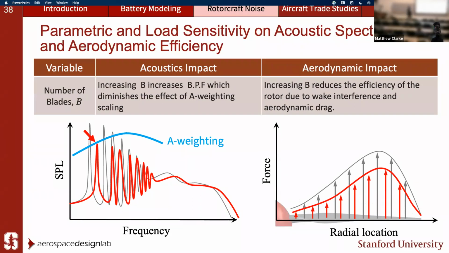Because if you look at the A-weighting scale, which is the perception scale, essentially applying a human perception to natural sound, you see here that for the old spectrum, the A-weighting is able to subtract a pretty good amount. So essentially, it's not going to disturb the human that much compared to this amount here. It shows you that the A-weighting doesn't really have an effect on the noise. So what I'm trying to convey here is that you really need to understand all the different elements of blade design to understand how you can design a blade